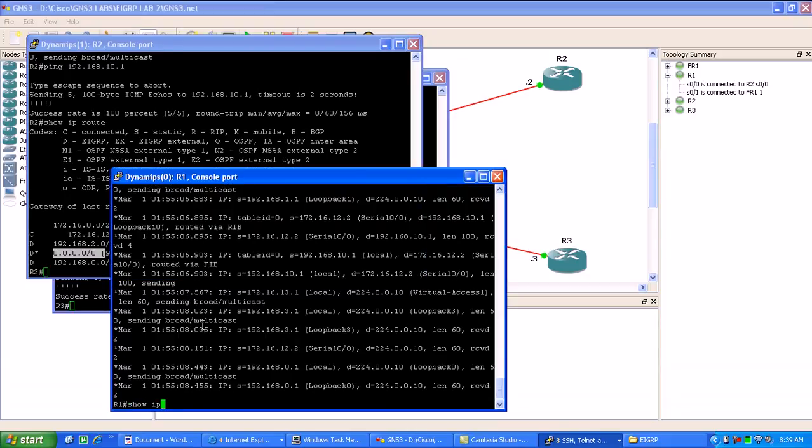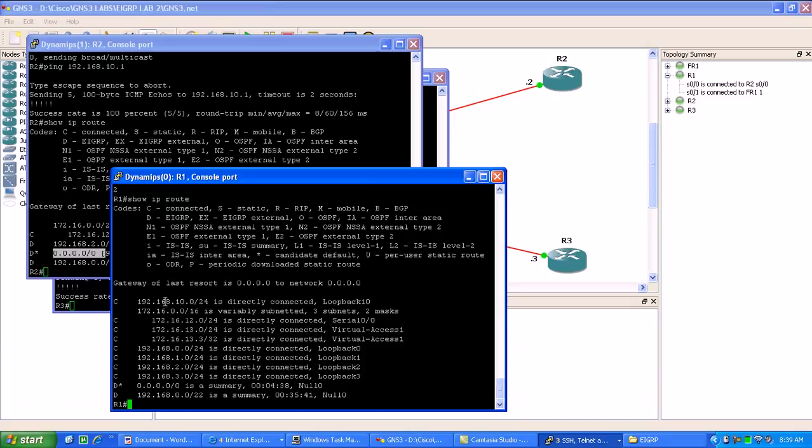Then router 1, if we look at its routing table, it knows how to get to the 10 network. So it sees that as the destination, then it tries to send the echo replies back to router 2, and then it sees the source of those pings was 172.16.12.2, which you can see here that it has a route to via serial 0.0, which is this directly connected interface to router 2. And that's why we have connectivity. So anyway, that's one way to inject a default route into